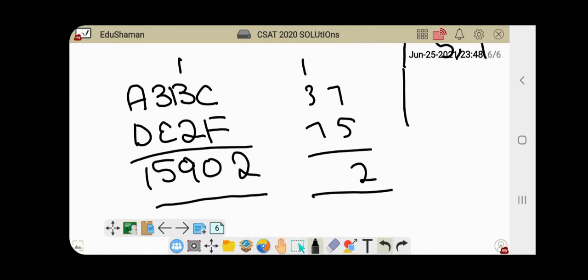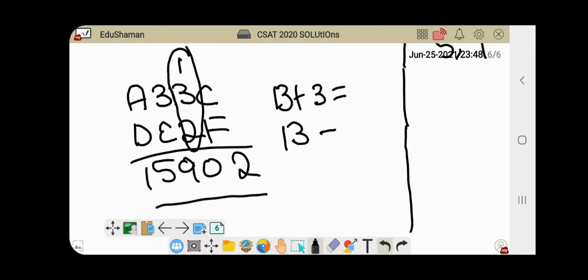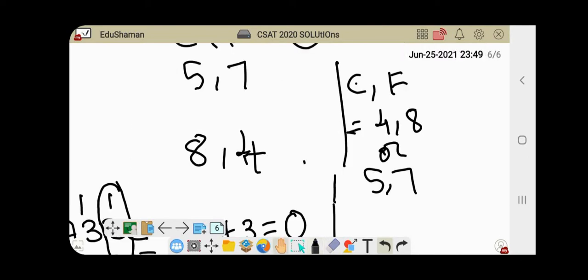The same thing I have done here. So if we continue with this addition, then we have 1 plus b plus 2 over here. We get here 0. So can b be equal to minus 3? That's not possible. So what can this b plus 3 be? It can be 10. And then I add this 1 over here at the hundreds place. So if b plus 3 is 10, that would mean that b is equal to 7, which also means that